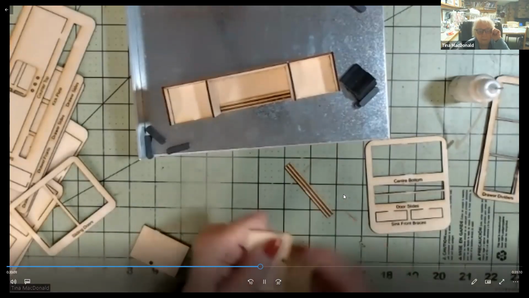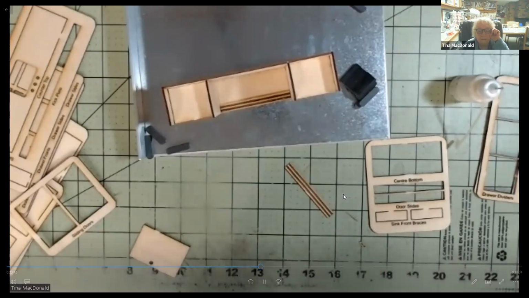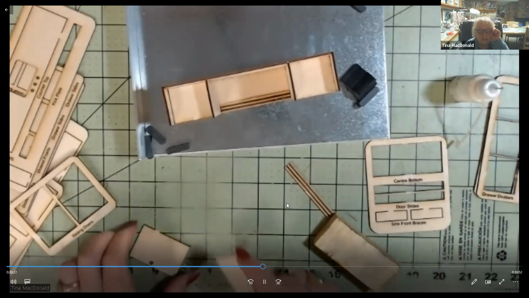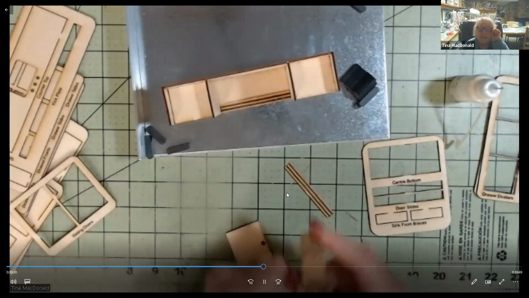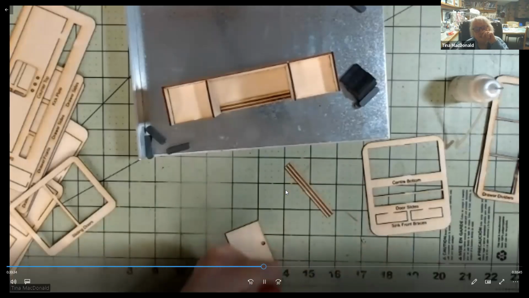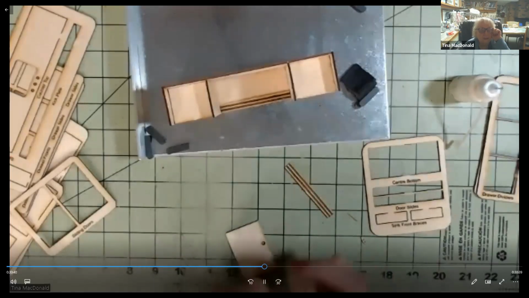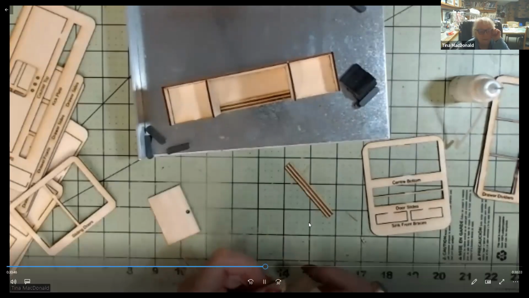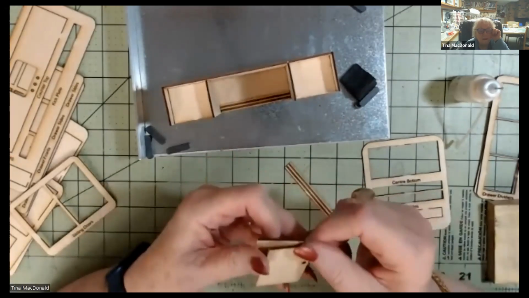And again, let's sand it to make sure there's no tabs on it. Okay, now